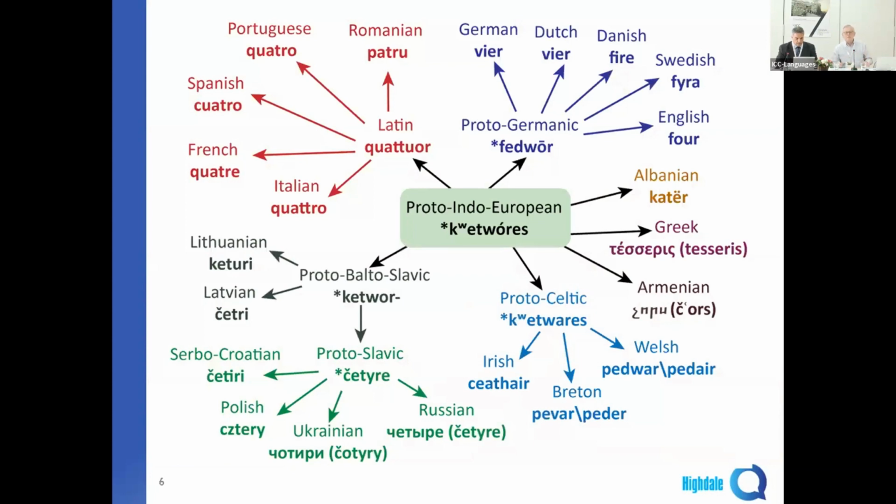Now, to illustrate this in a different way, take this chart. In the middle, in the green, you see the Proto-Indo-European word quetwores. If I were to say this to you without context, you would not understand it. But look very quickly at the other words that come from that, and you instantly see the connection. Quator in Latin, Fedwir, the K becomes an F in Germanic, Ketwar in Baltic and Slavic. All of the words on this chart mean the number 4, every single one, but they all come from one original root, Quetor.